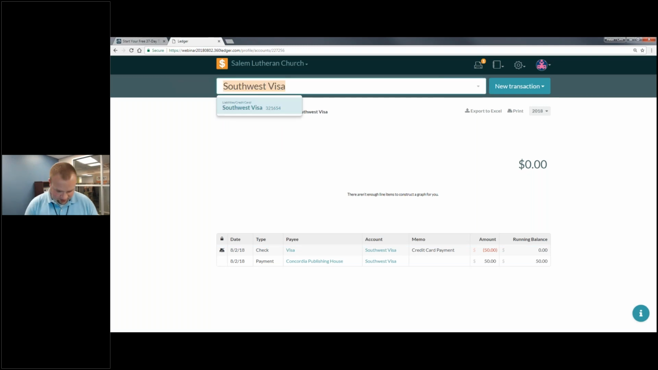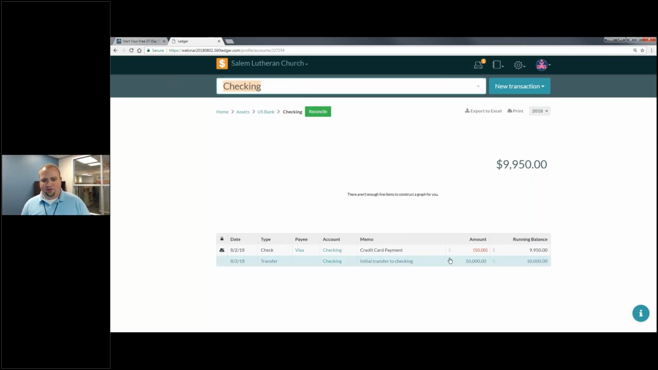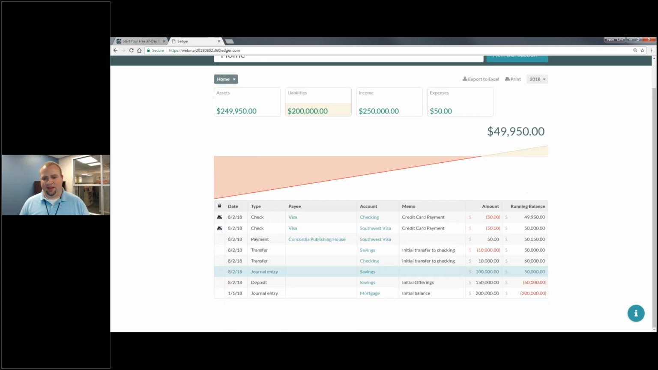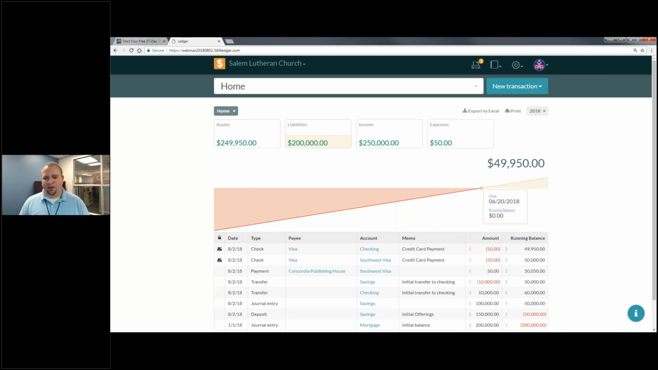And if I go into my checking account, you can see what that looks like. Initial transfer, and then I paid $50 from that. So that all works out, and we're building up this whole record of transactions here. You can see each of these line items are coming through. All right, next up,